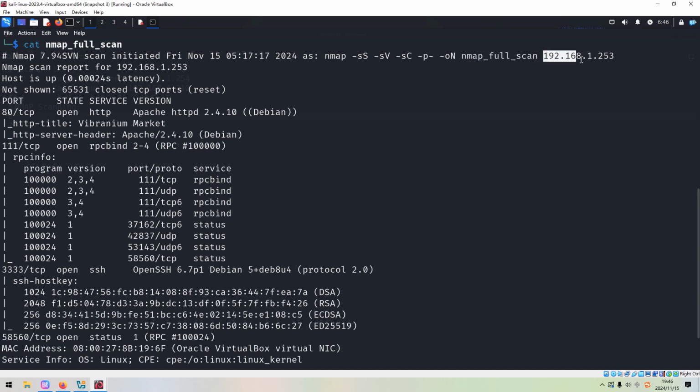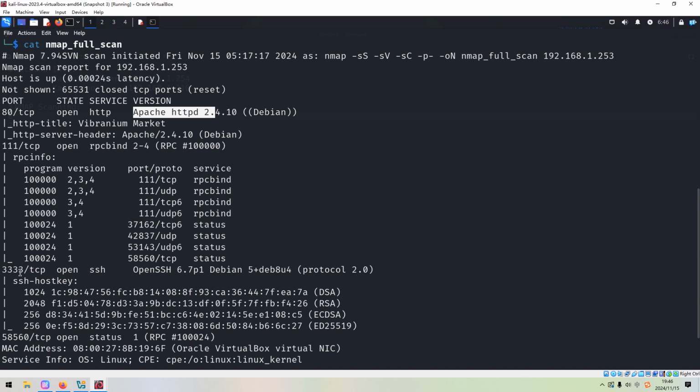Although, as you can notice here, the IP address has been changed from the one when I did the machine the first time. This doesn't matter, okay? So from the Nmap scanning results, we can tell that the target has 1, 2, 3, 4 open port numbers. But the second one and the last one, I don't think we need to look at, okay? So we just focus on the first and the third one. The first one, port 80, is running HTTP service and also the version information, Apache 2.